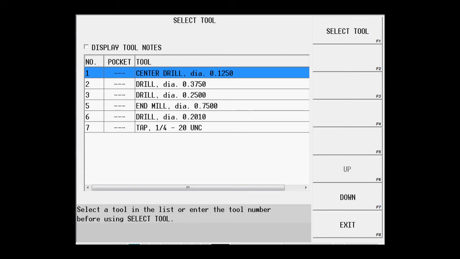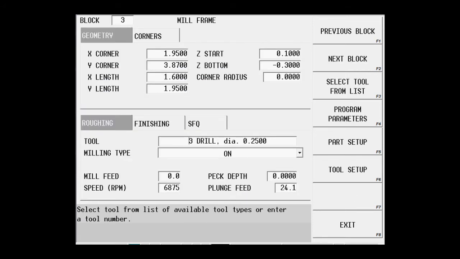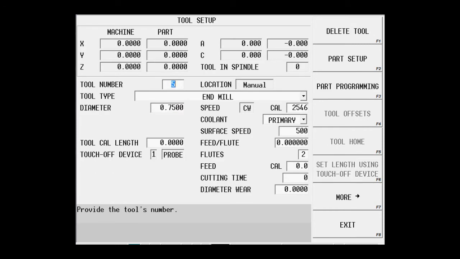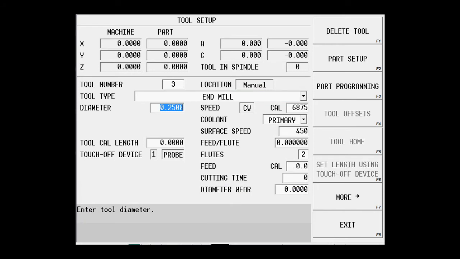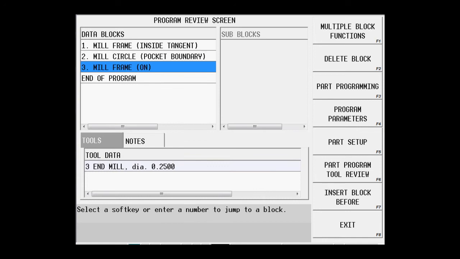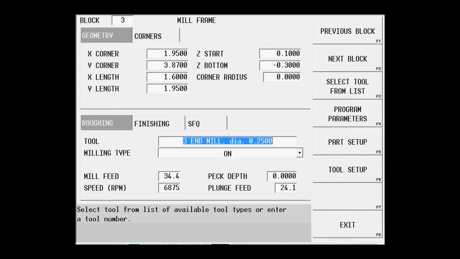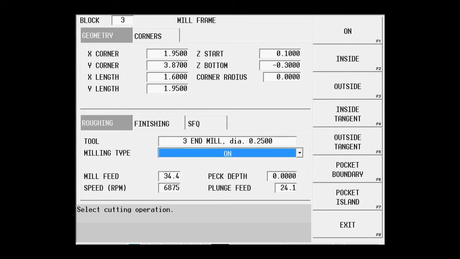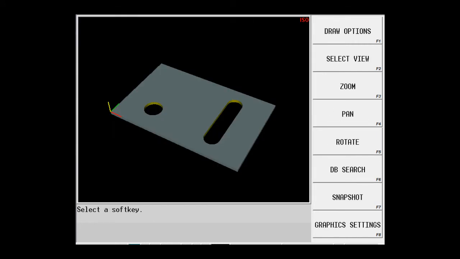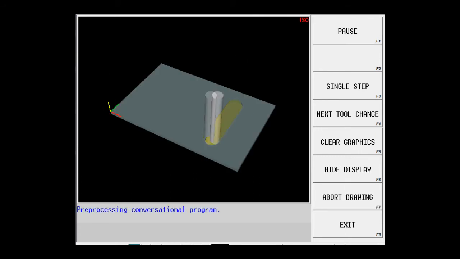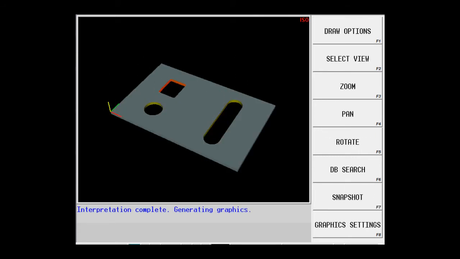Let's go to Tool Setup for Tool 3. Let's make that an end mill. Now let's go back and use that again. So Tool 3 is going to be a pocket boundary. I have a peck depth of 0.1. Let's see if that draw is correct. There we go. So outside of calling that tool the wrong type of tool in the beginning, that worked pretty